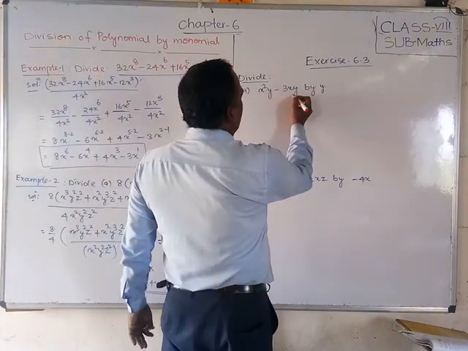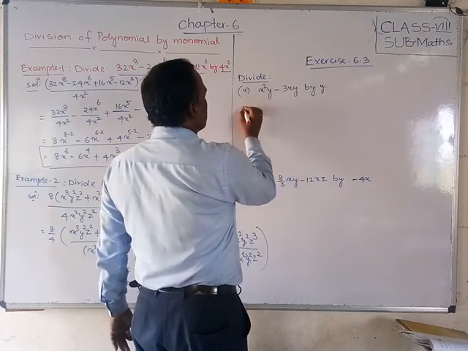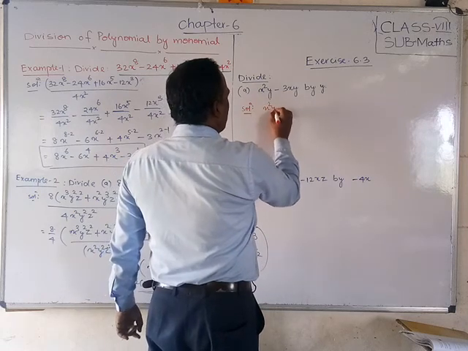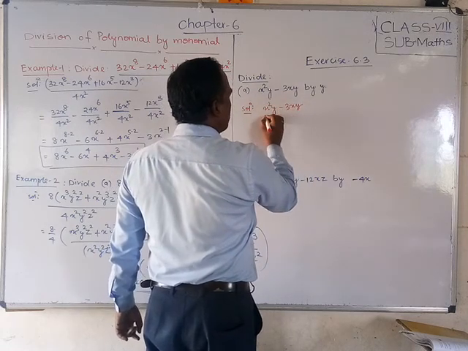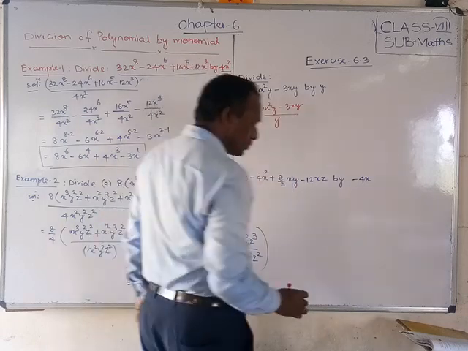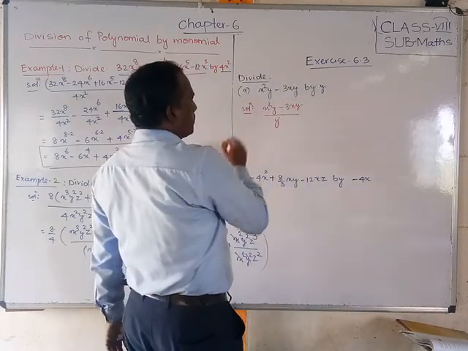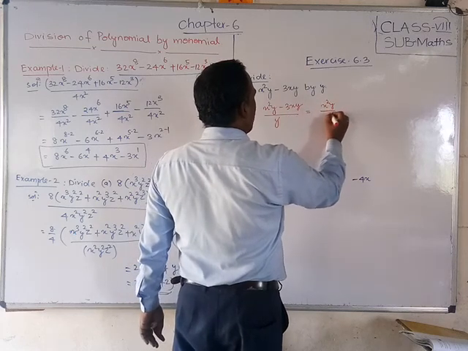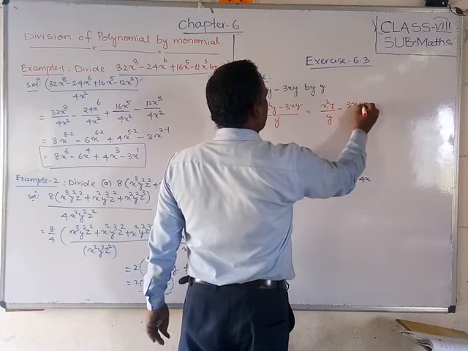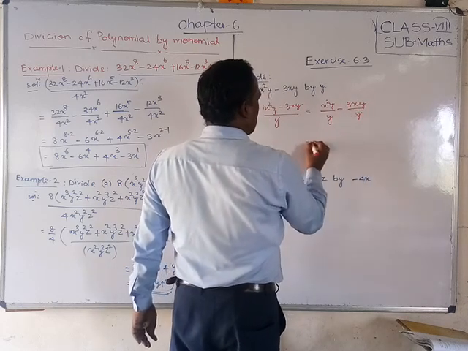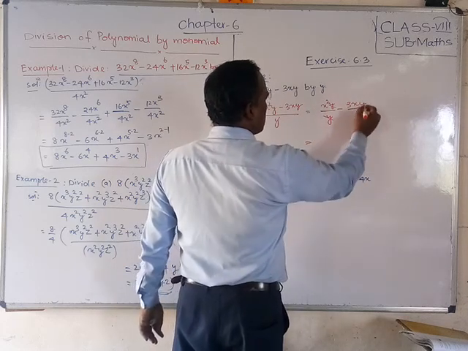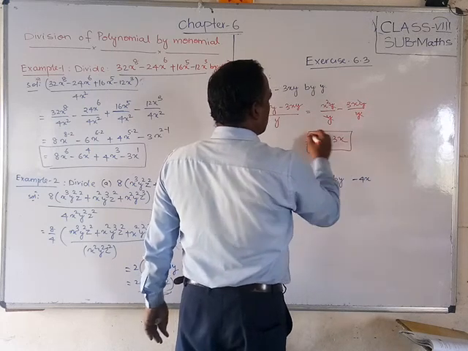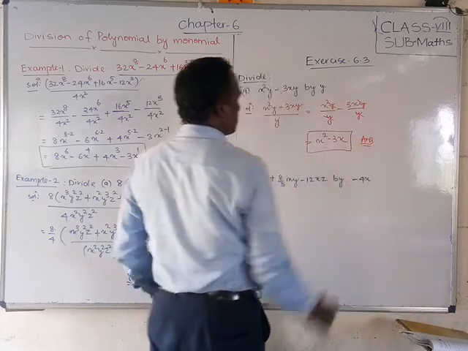Similarly, students, we can solve our exercise problems. Here a binomial is given, which is also a polynomial. So how can we solve this? x square y minus 3xy by y. Observe here, first individually: x square y by y minus 3xy by y. Here y cancels y, and here y cancels, so x square minus 3x. This is our answer.